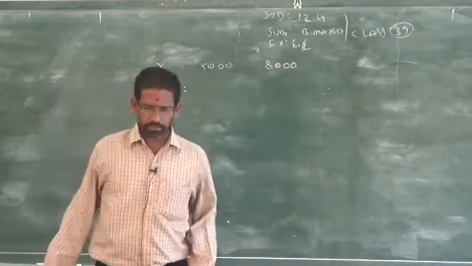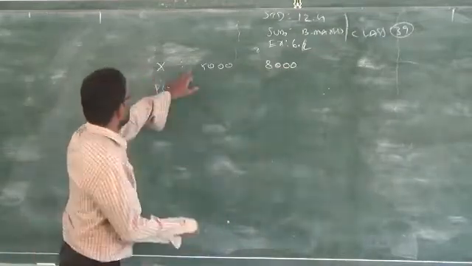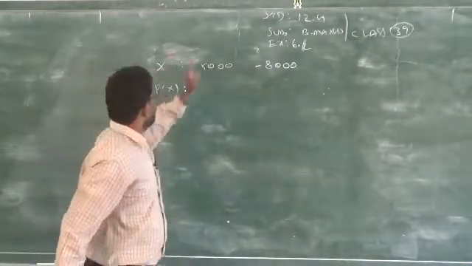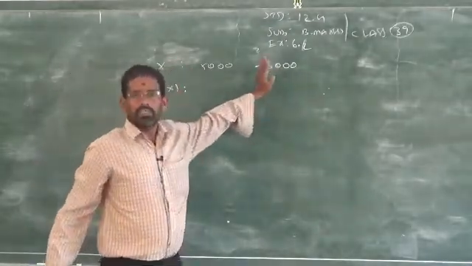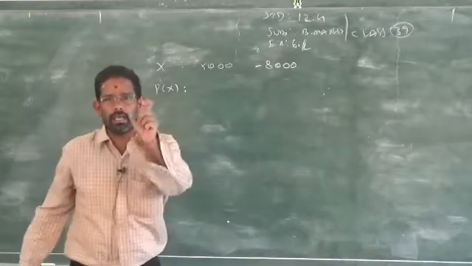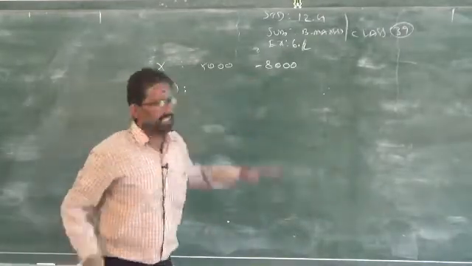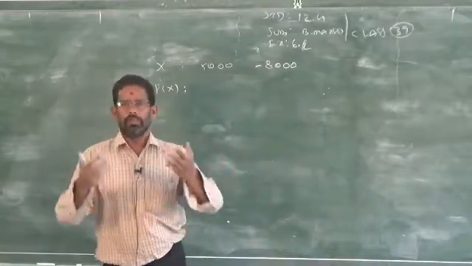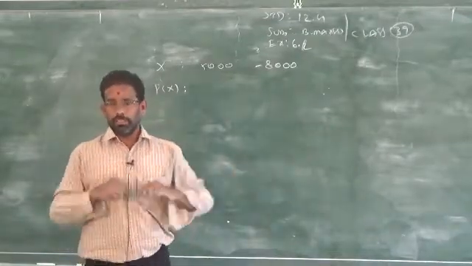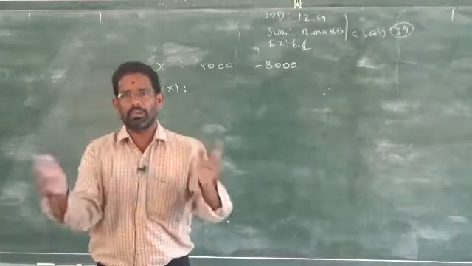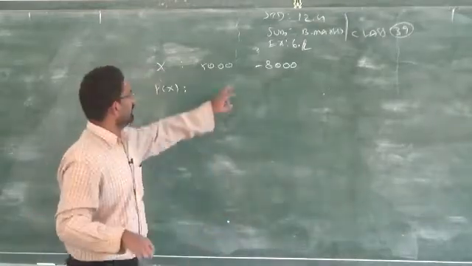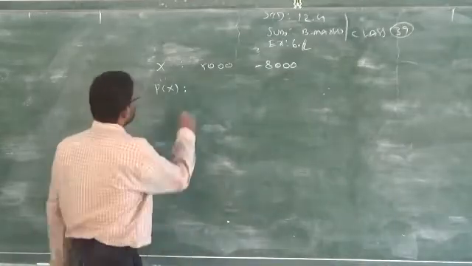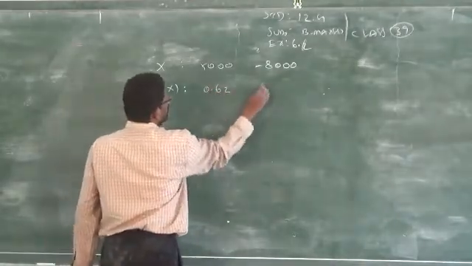8,000 and 5,000. So, normally profit will be always plus, loss will be indicated with a negative sign. So, it is not given minus 8,000, but the word loss stands for minus. We are losing money, so that is minus. When you get something, that is plus. If you are giving something to someone, that is called what? Minus. So, minus 8,000, 5,000, the probability of getting profit is 0.62 and 0.